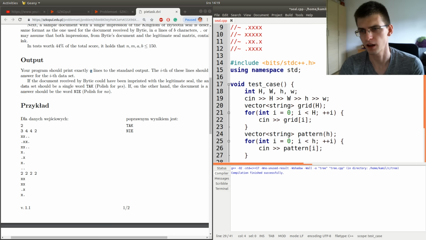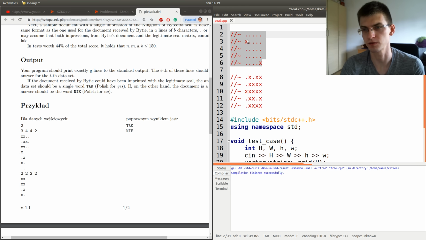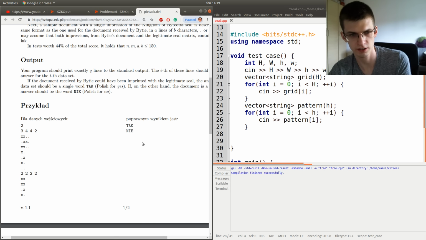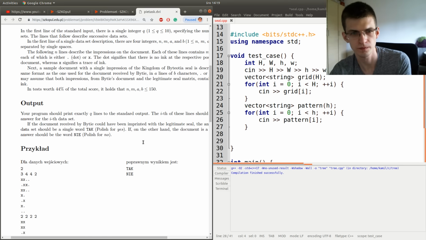Now, we want to once process the pattern and find the leftmost x and positions of other x's with respect to that. Okay, and the question is also whether it's possible that there will be no x's.